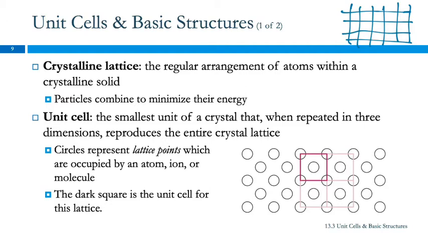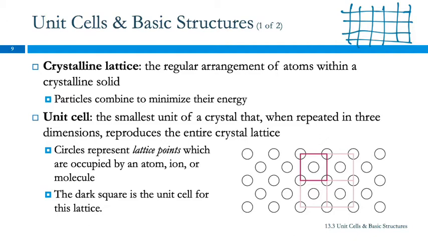And we're not going to go into why this particular structure is a minimum energy. We're just going to identify the different kinds of structures. So to look at this structure, we think about a unit cell. And a unit cell is the smallest piece of the crystal that, when repeated in 3 dimensions, gives you the